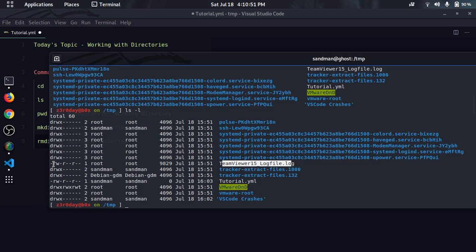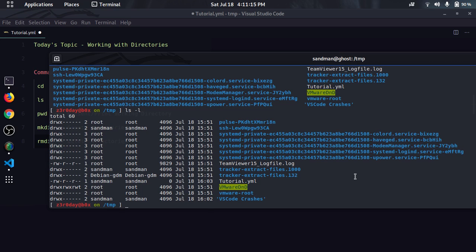We can see there is a hyphen sign in the front. The second section is about the hard links to this particular file or folder. We are going to discuss hard links in the upcoming videos. The third section is owner of the file, group of the file, size of the file, date and time of creation or modification, and the name.